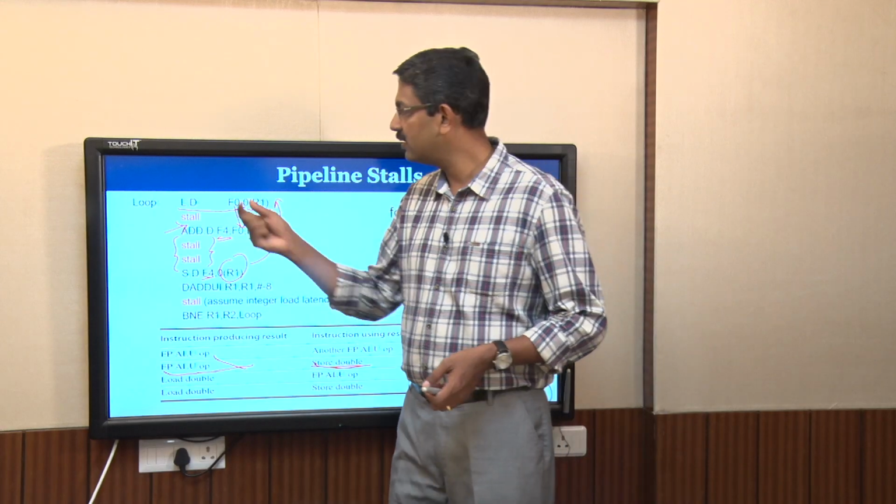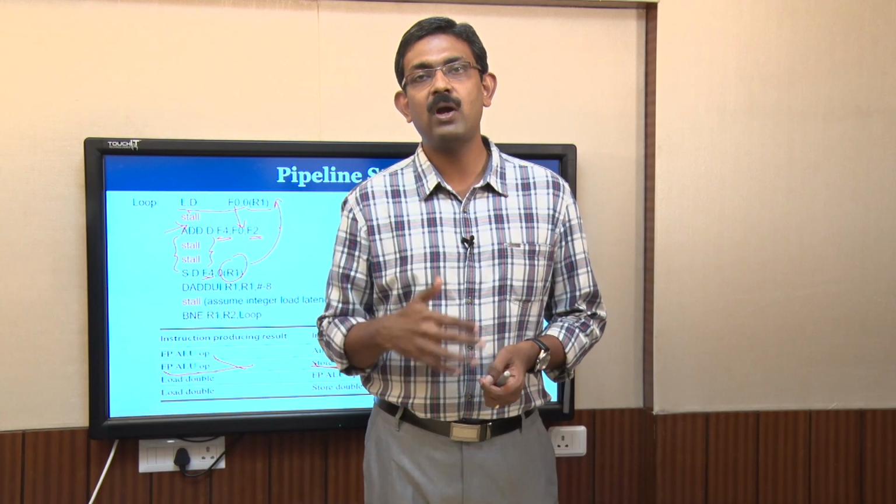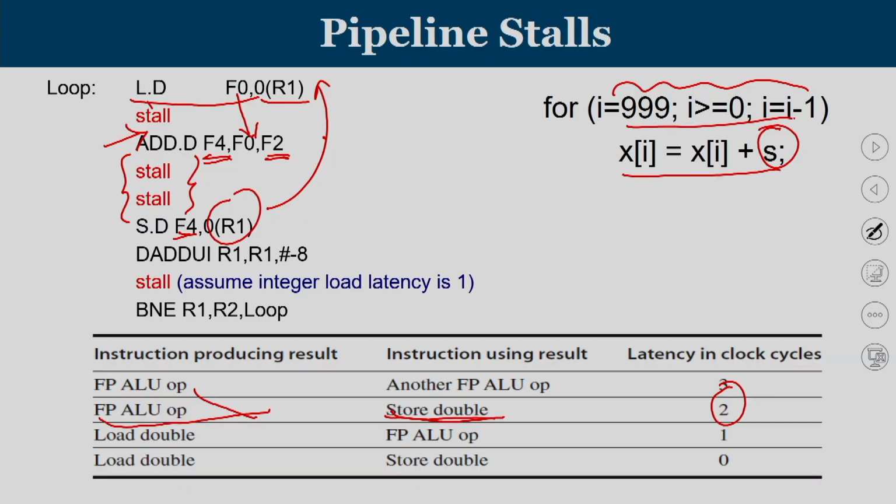I will summarize once again. Take the first number, add a constant to it, you get the result in F4, store the result back into the same address. So, with that one element in the array is over. Now, I have to go to the next element. You can see that this array is counting backwards and each element will take 8 bytes because it is going to be stored in a double precision floating point number. So, I am going to subtract 8 from R1, R1 is equal to R1 minus 8. Once I get it, then I have to check whether the value of R1 and R2 is the same. This is the loop exiting condition.